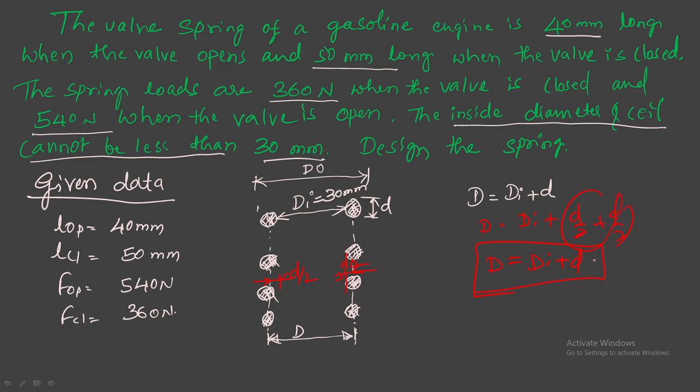Now in this case, the type of material and such things are not specified. They have given only the application here. So the application is what? It is a gasoline engine. So now let us go for the data handbook for selection of the material and their properties.